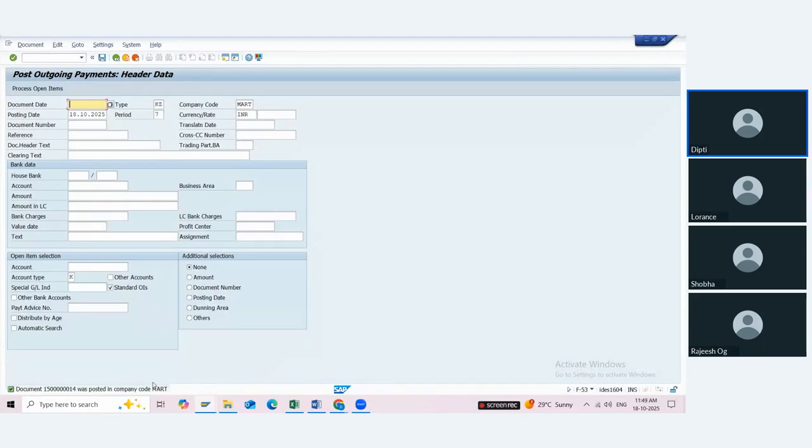Now this is my payment document, right? So when I post this document, the checkbook is there with me. So physically I have written the check of amount 15,000. I have given that check to the vendor. And after giving the check to the vendor, I have posted the entry, because now from my side the payment is clear. I have given the check to the vendor, so payment is clear now, right?